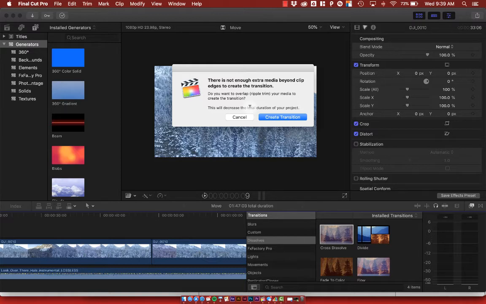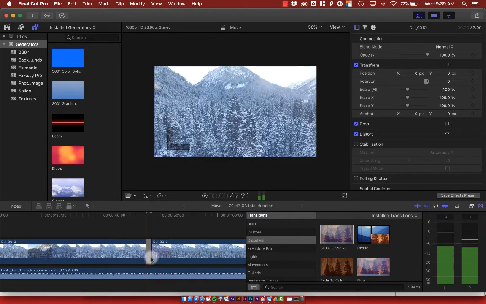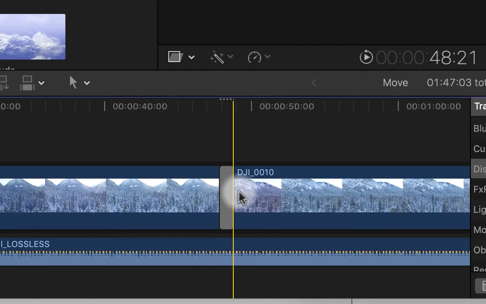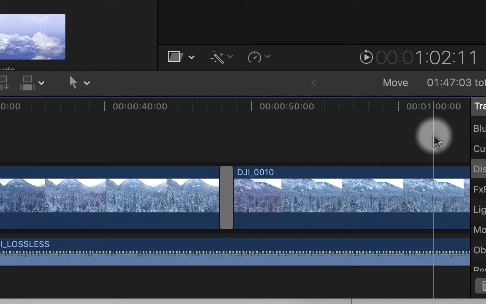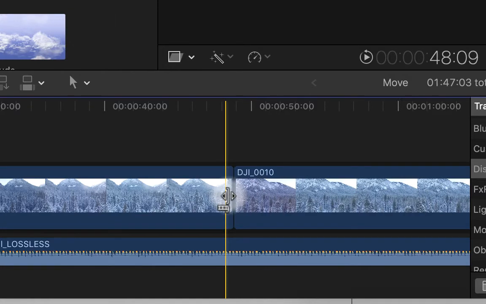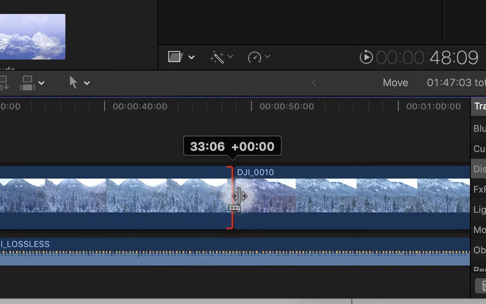Most of the time, people are just going to click create the transition because that's what we want to do. But if you watch what happens, what it does is it actually shortens the clip. And so if you have things down the timeline that are specific to beats or timing, then it could throw those off. The reason that it does that is because it is the end of the clip, or in this